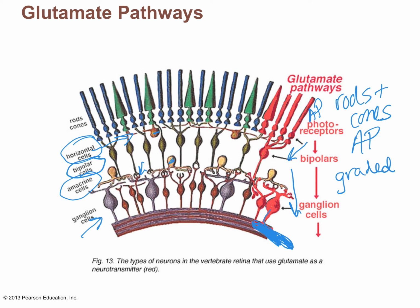Just to draw your attention to that is the word glutamate. Glutamate is the main